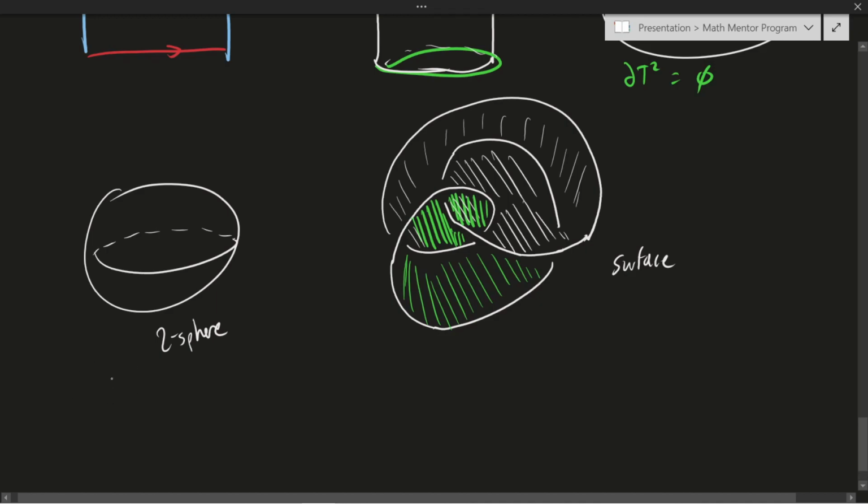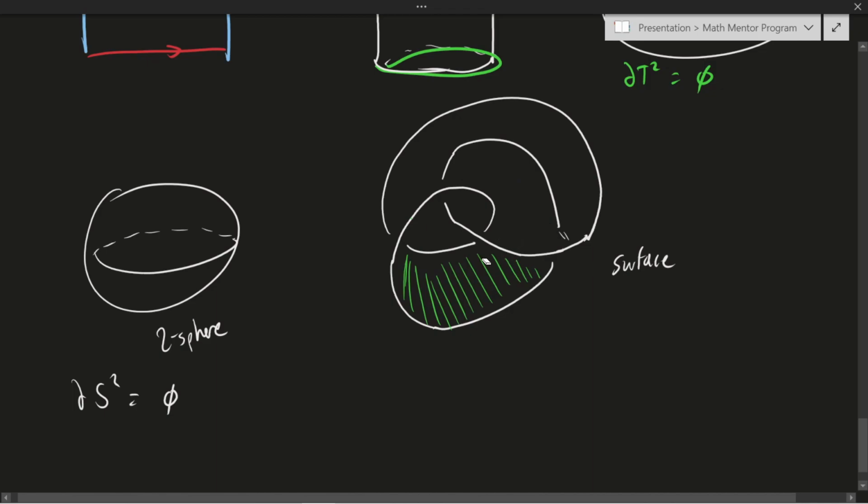So I'll write here, the boundary of S2 is empty. And you can see this because there's no way you could fall off the sphere if you were just walking all over it. Whereas this one here clearly does have a boundary. It's this white curve that I've drawn here. And maybe what you would like to think about now is how this white curve can be described completely in isolation of the knotted surface that I've described it on. So in other words, think about this. And maybe as a fun exercise,